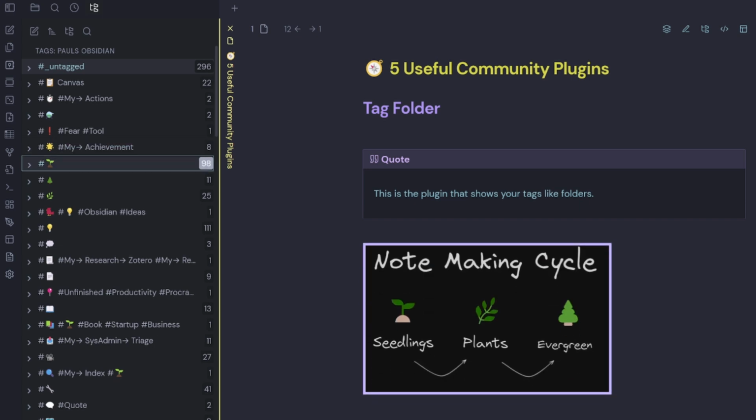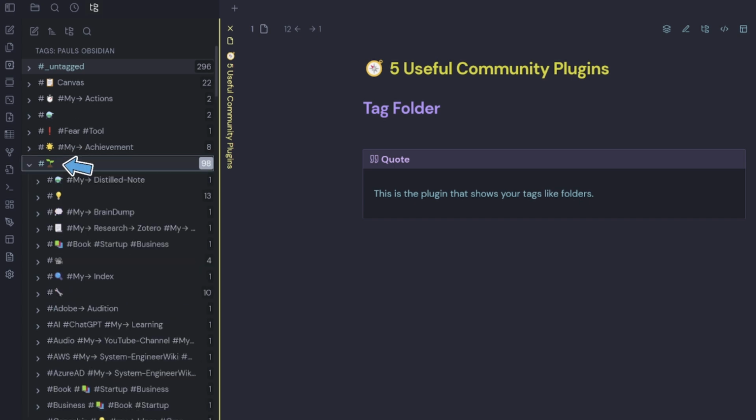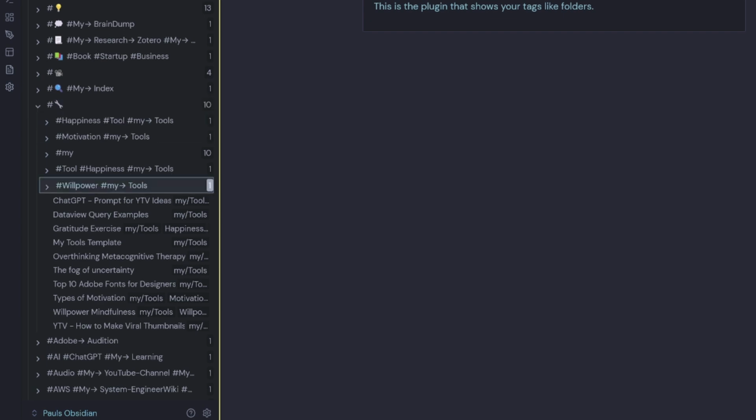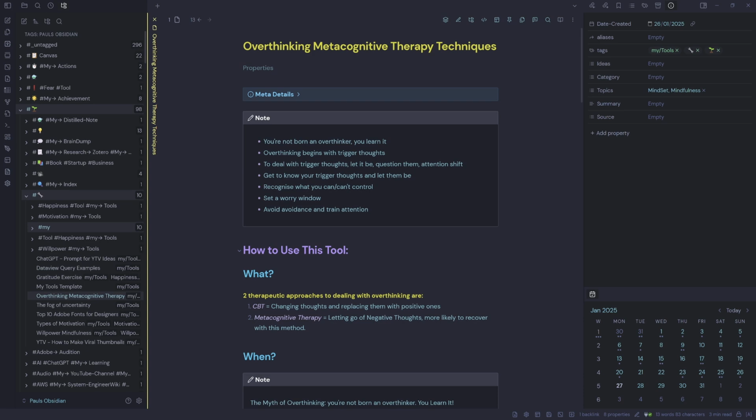So whenever I make a new note, I tag it with the seedling, and this tells my brain that it's a new note that's just been planted in my vault and it needs to be worked on. So if we click the down arrow, we can see that I've got some tools here under my seedling that I'm working on. So if I want to flesh out new tools that I've just put into my vault, I come down into here, and then I can just choose the same note as I used before, which is overthinking